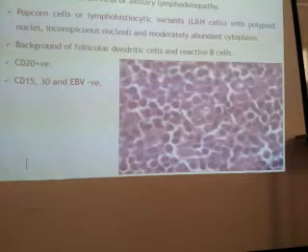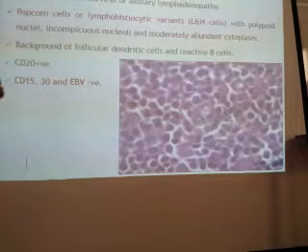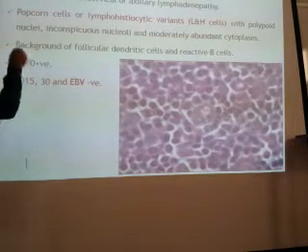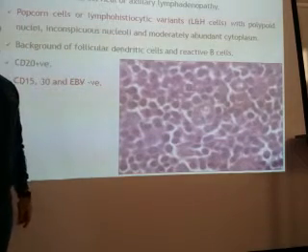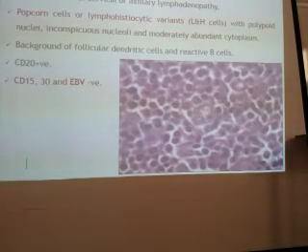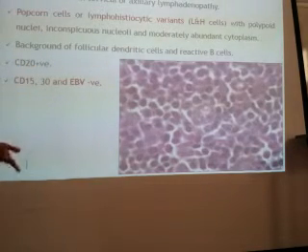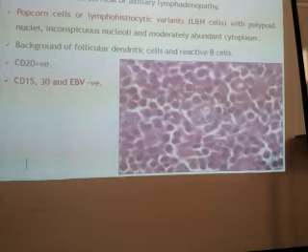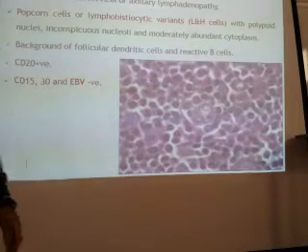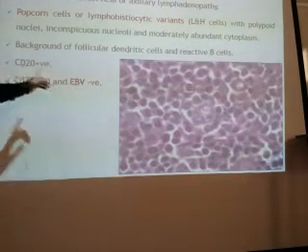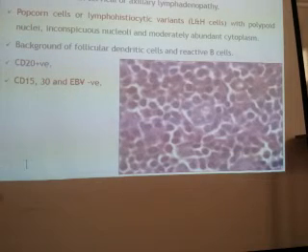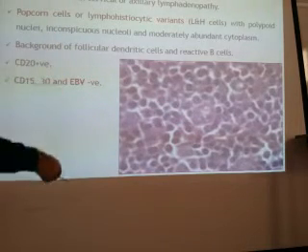But lymphocyte predominant, here is the difference between nodular sclerosis and this. It is negative for CD15, CD30 as well as EBV. It is negative for all: CD15, CD30, EBV. But it is positive for CD20. So this is the marker for it. Negative for CD15, CD30, EBV and positive for CD20. It is uncommon. Lymphocyte predominant means predominantly you will find lymphocytes in the inflammation around this.